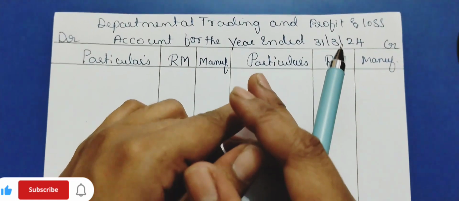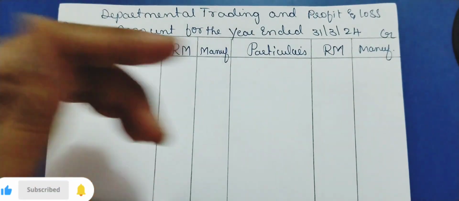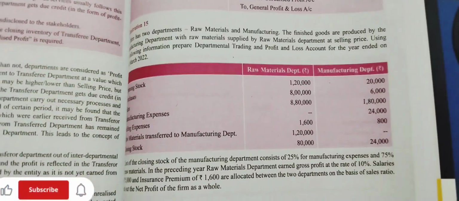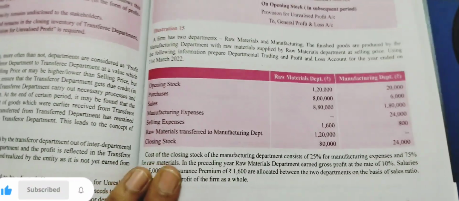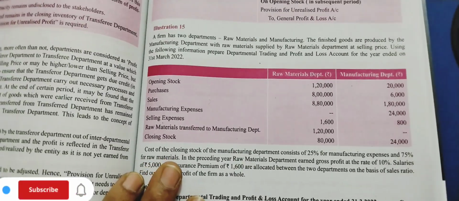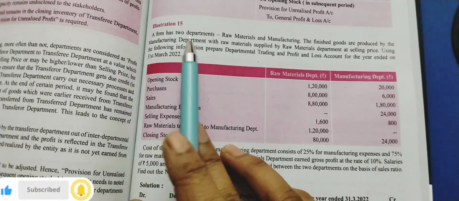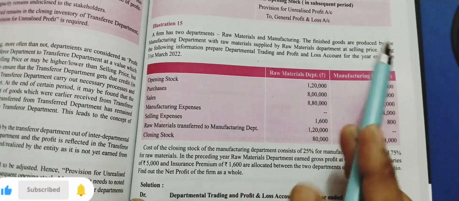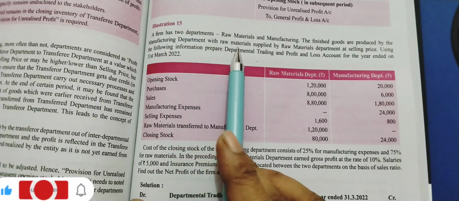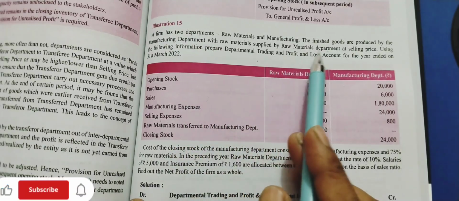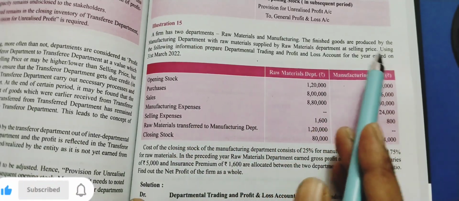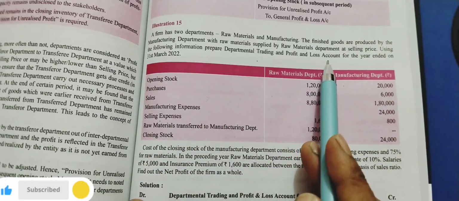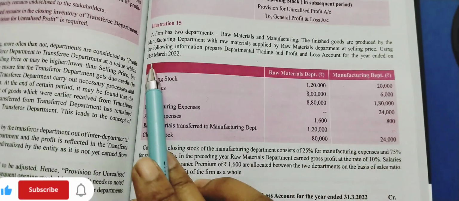I am Rajeshwari here. Let us discuss today the problem on departmental trading account from the institute book only. It is as per the new syllabus, illustration number 15. A firm has two departments, raw material and manufacturing. The finished goods are produced by the manufacturing department with raw material supplied by raw material department at selling price. Using the following information, prepare departmental trading and profit and loss account for the year ended on 31st March